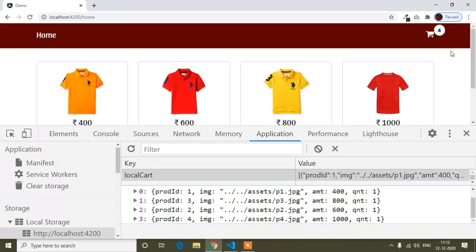So it's already done. However many products the user adds into the local storage, I have told you already, if you properly add into local storage, then you can move it easily into the database, so that we can increase the count here and decrease the count here also.